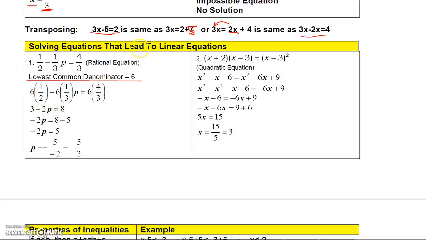And now you can read how to finish this, because this is no more difficult than any of the questions before. Notice here I just moved the 3 to the other side, and again it's supposed to be a 3. Okay, so I subtract 3 to the other side, and I get minus 2p equals 5, and then p equals negative 5 halves. On the last one, read this one on your own, but just make sure that you realize what I did here was I simplified this quadratic equation first before